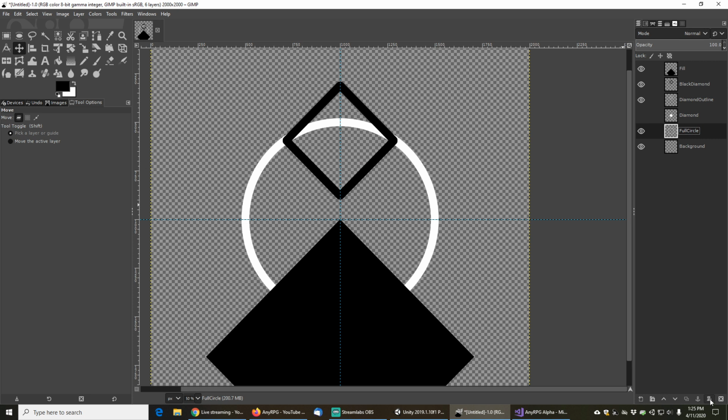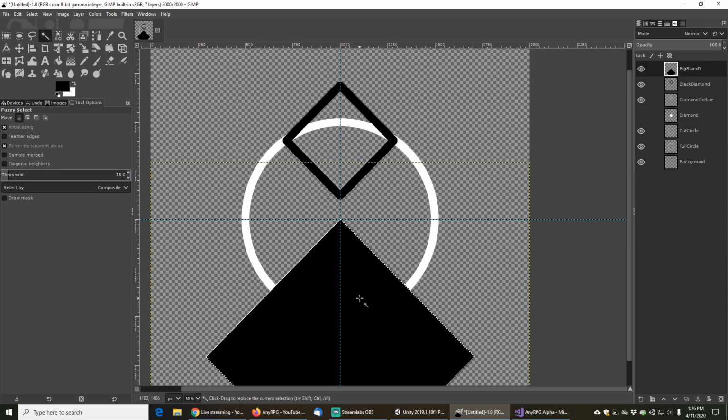So I'm going to take the full circle. I am going to duplicate it, and we're just going to call this big black D. The full circle copy, we're going to call it cut circle. And what we're going to do is take the magic selection tool, go to the black diamond, select the diamond, go down to the cut circle layer and go edit